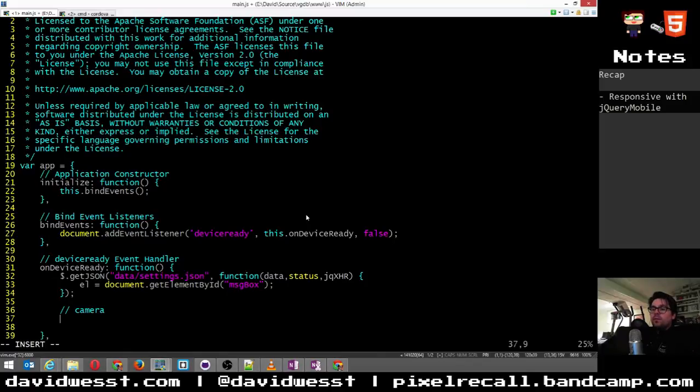There's a couple things we need to do. First of all, we're going to add a button. We're going to make some assumptions. So button, camera, and on the click event, we're going to do something. We don't know what yet, but we know it's going to be a function. Here's going to be our handler. We're not doing any black magic yet. Nothing too special.